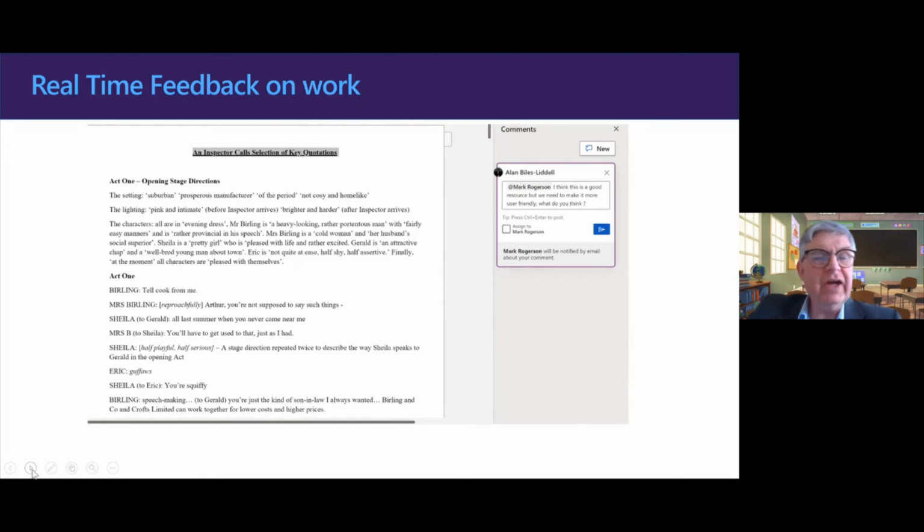On the same sort of issue, or the same sort of idea, once you have posted files, documents, work, whatever, up into those files folders, you can then collaborate in real time with a colleague, with one of your students. All you have to do in the files, when you're in Teams, is open it up. It opens up in Teams. You then get, just by going along the tab, the ribbon at the top, you'll be able to highlight something and say, I want to discuss that with you.